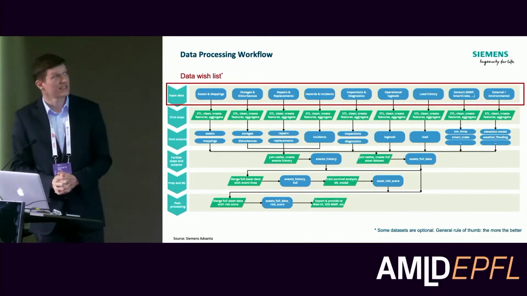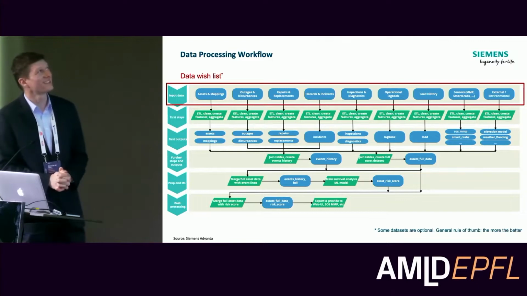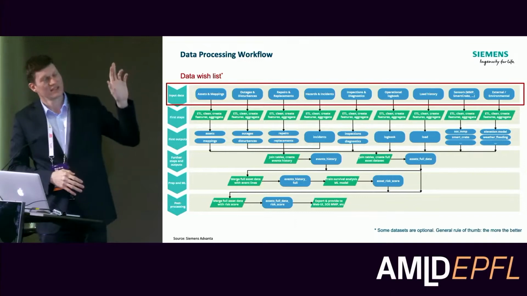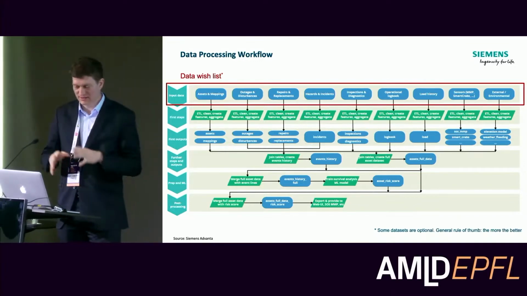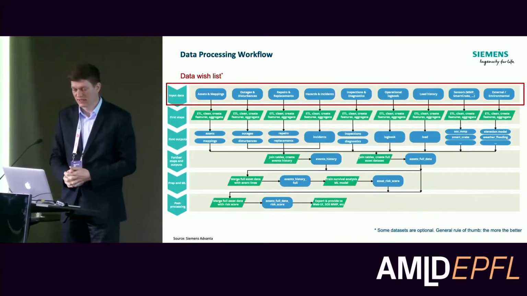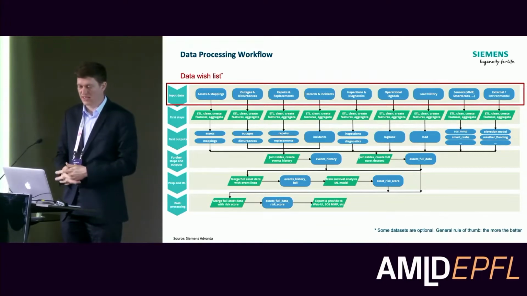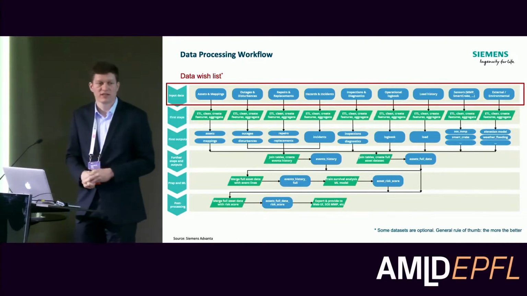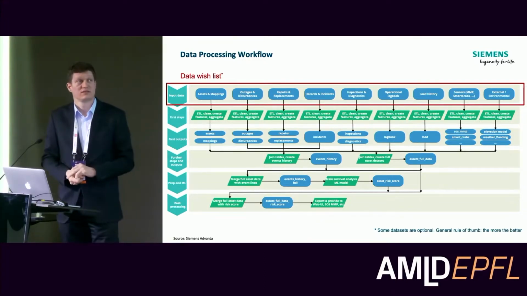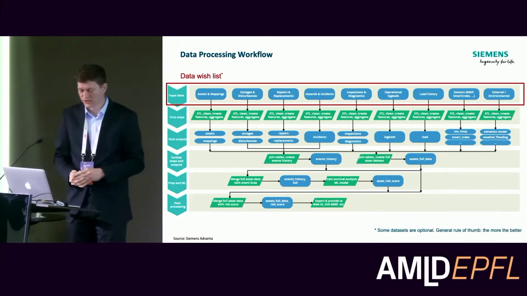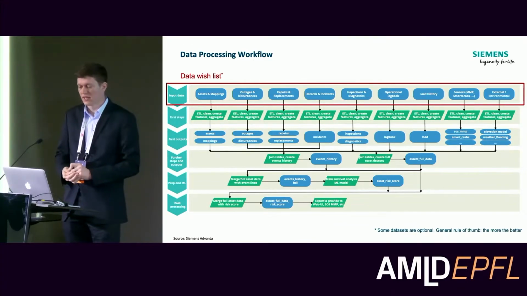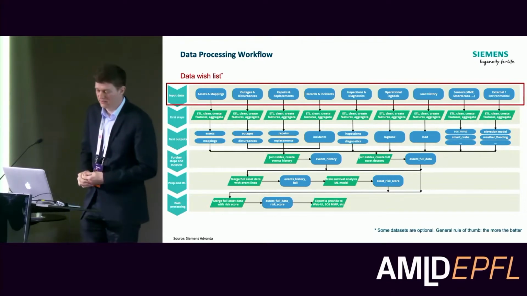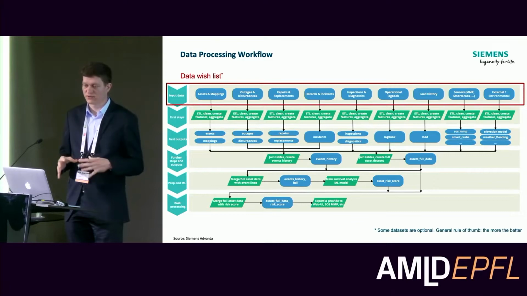The data processing is also not magic, but it's quite a lot of work. Here, this is the data wish list. We have asset data: where it is located, what type of cable it is. We have past outages, and there it's important to have a long history of outages. In our case, we had about 400 outages in the history over 30 years. So then you have enough training data. If you have a too small grid, you might have issues.